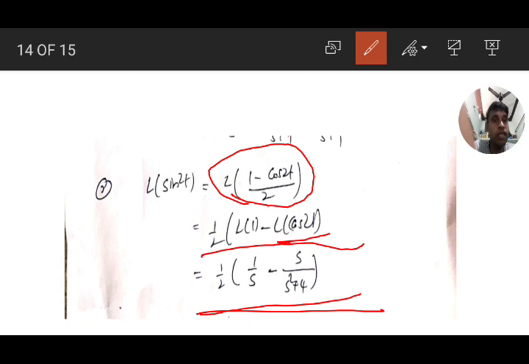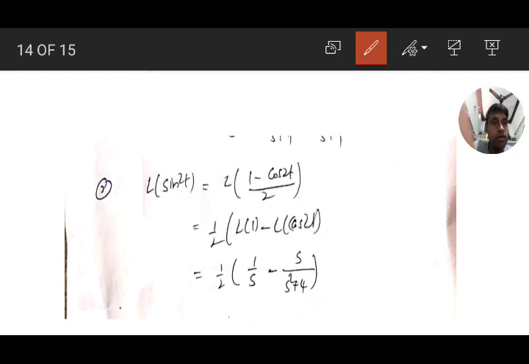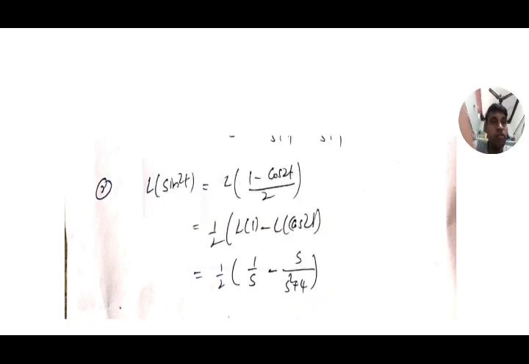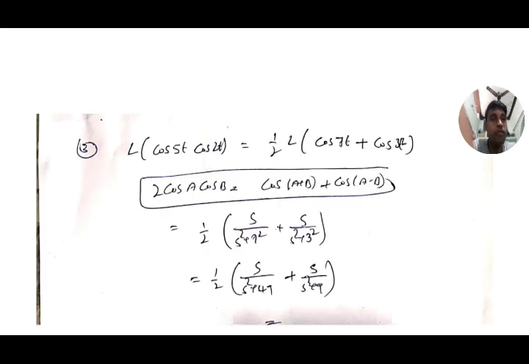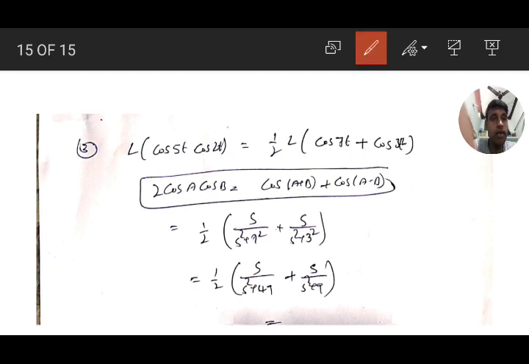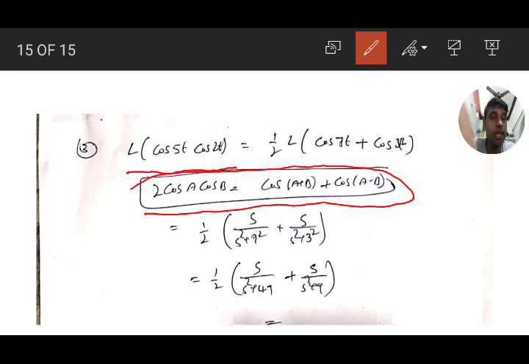Okay, we will do the last problem. In this chapter, the formulas are very important. If you know the formulas, the problems are very easy. Okay, last problem. Find L of cos 5t into cos 2t. Here also it is the same. In the earlier problem we did the 2 cos a cos b formula. Using this cos a cos b formula, first simplify cos 5t cos 2t, a equal to 5t, b equal to 2t. Simplifying this, we get 1 by 2 into L of